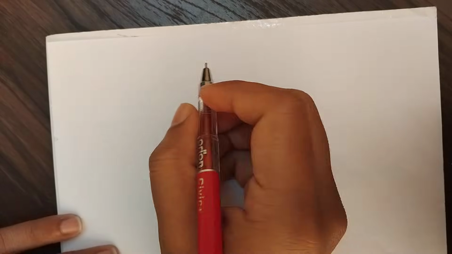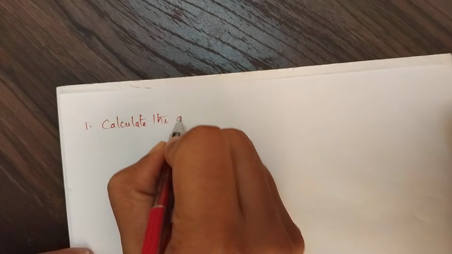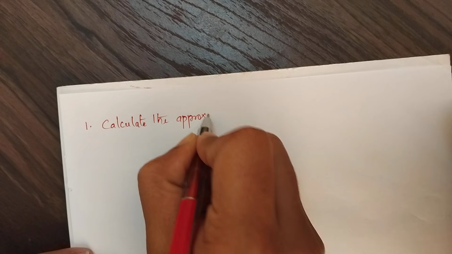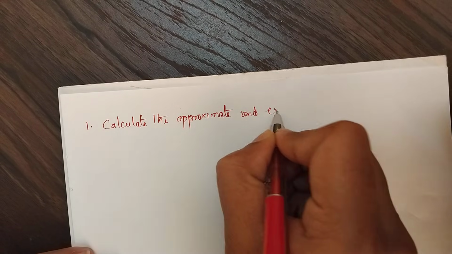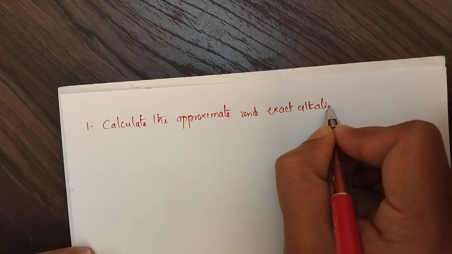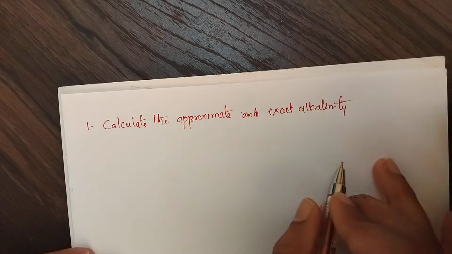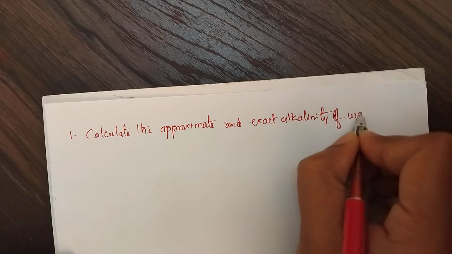In this video, let us solve the numerical problems 2. The first question is: calculate the approximate and exact alkalinity of water